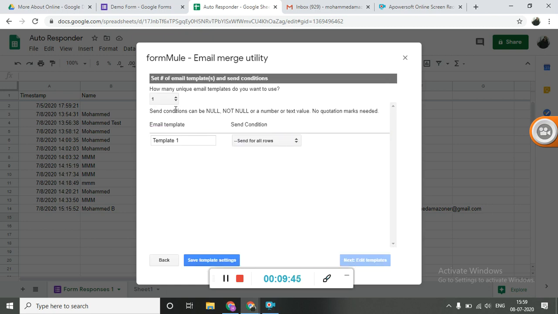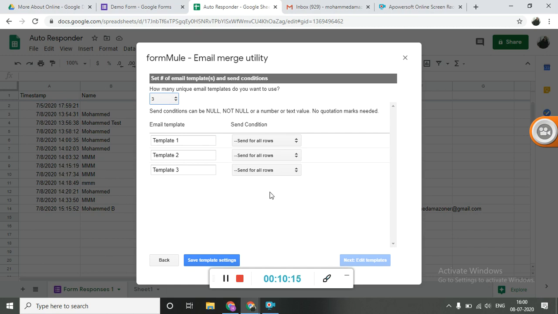Now there are different templates that you can create over here, but since this is a basic autoresponder, you just have to select one template. Template number 1, send condition. Now if you select two templates over here, then there will be two separate conditions. If you select three templates, then there will be three separate conditions.